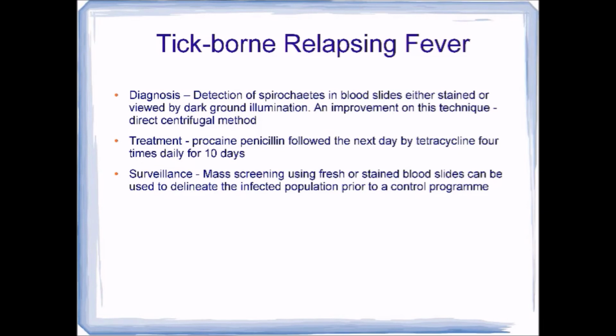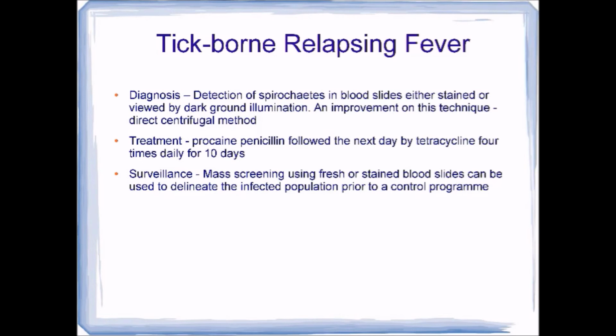Treatment for tick-borne relapsing fever is with a single dose of 300,000 units of procaine penicillin immediately, followed the next day by tetracycline 500 mg 4 times daily for 10 days. This regime provides adequate treatment, while at the same time minimizes reactions. During surveillance, mass screening using fresh or stained blood slides can be used to delineate the infected population prior to